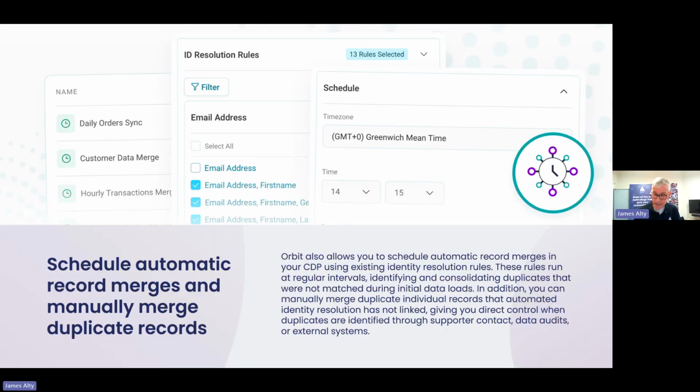What I'm going to show you today in a minute is a new facility that allows you to manually or on a schedule manage the merge of customer identities. So if you have an input record that is matched to an existing record, then we can make the link at the point of input. But if you subsequently update both of those records, they've got separate identities,